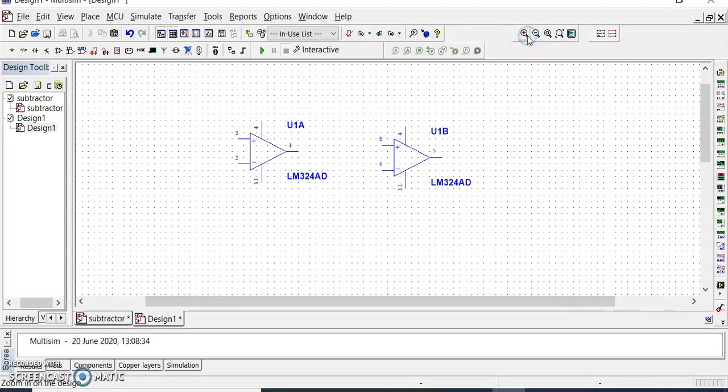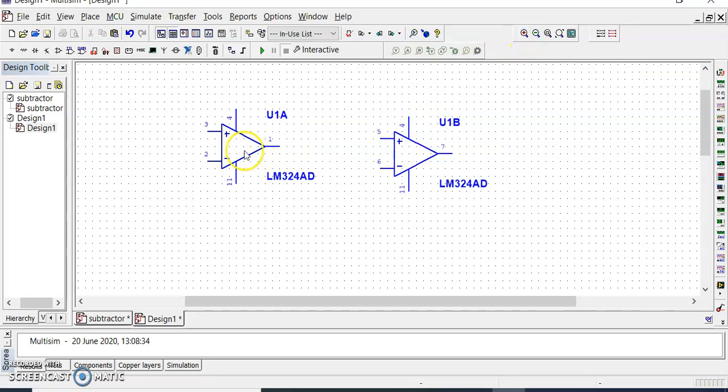I'm going to zoom it. So if you clearly observe there, it is 2, 3. 2 is an inverting input and 3 is a non-inverting input. So for that, it consists of only a single supply, that is plus VCC at the 4th pin, and all 4 op amps will work with only 1 VCC and 1 VEE voltage. So this is the 4th pin. If you give the supply voltage to this 4th pin, automatically it will connect to this 4th pin also.